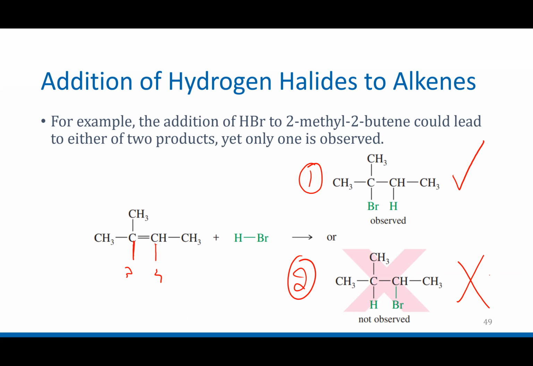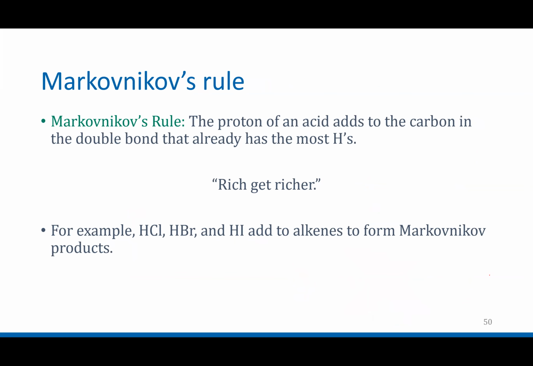Why does that happen? When the hydrogens and the bromines try to bond to the now unoccupied, or unbonded, electrons, why do they choose one carbon over the other? Well, there is a rule for that. It's a really interesting rule. Markovnikov's rule is basically one of the rules that will help us figure this out. The proton of an acid adds to the carbon in the double bond that already has the most hydrogens. So the rule is